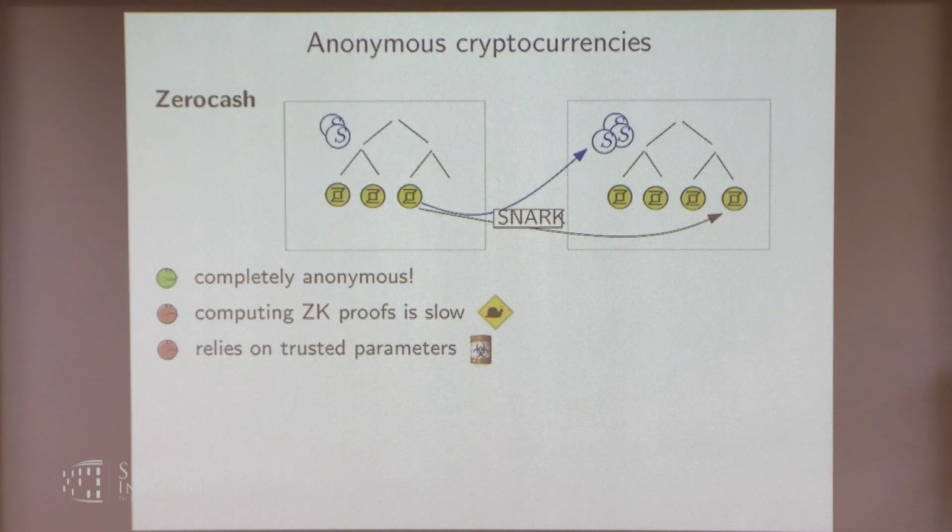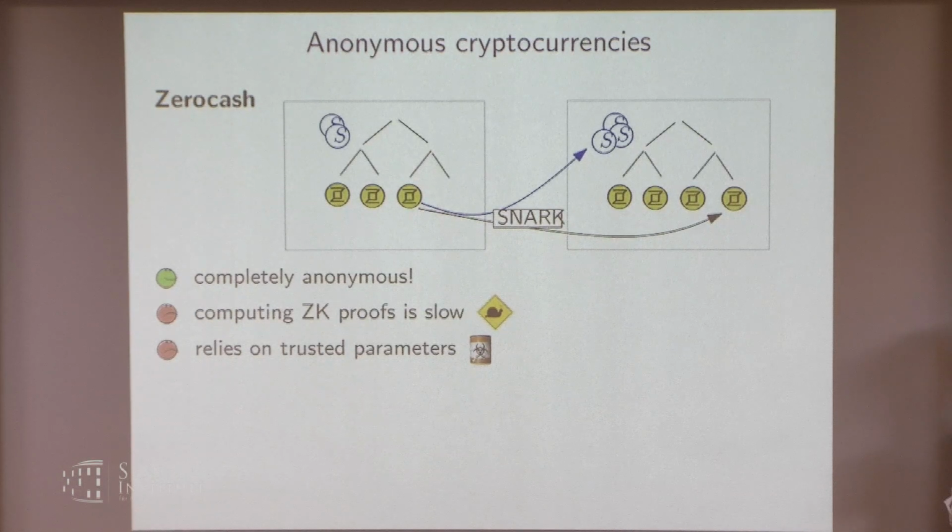Yeah. So the user is not creating the SNARK, or? The user is creating the SNARK. So the replacement is, instead of a signature, you create a SNARK. Exactly. So I think you can view it really as: whatever the signature does for Bitcoin is what the SNARK does for Zcash. Yeah.